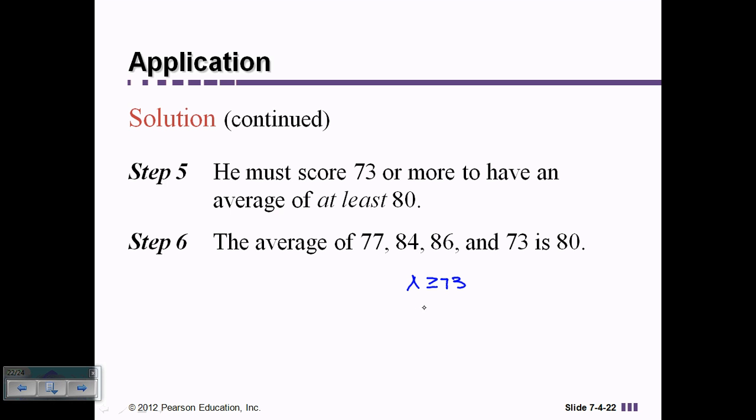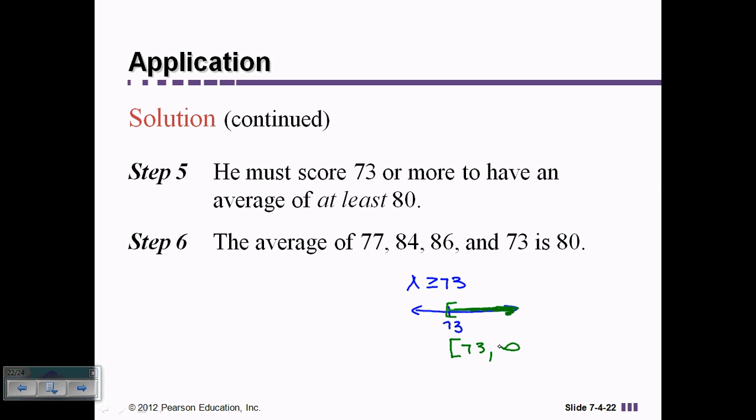So if we wanted to graph that on a number line, here's our 73. Because it's an equal to symbol, we can use the square bracket and arrow up. And then in terms of the interval notation, it would be 73, comma,